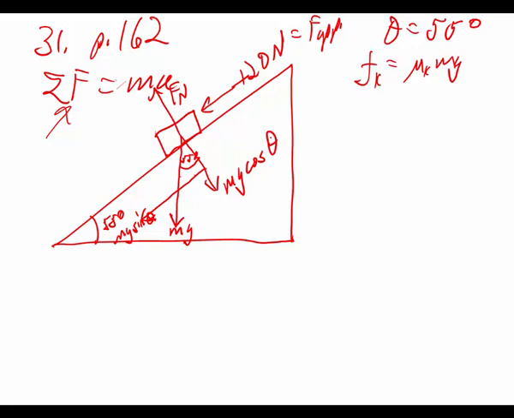Well, I'll be John Dog Brown. Okay? Everybody with me? Everybody see how I'm getting that? Adjacent over hypotenuse. Hypotenuse is mg. That's cosine. Opposite over hypotenuse, sine. mg sine. Okay, very good. All right, now. Okay. Oh boy. Boy, here's where we got to be careful. All right? Notice that